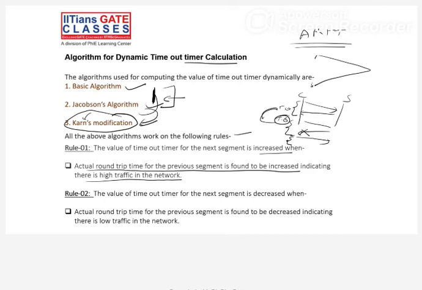Then there is the congestion control technique in traffic shaping, your leaky bucket and token bucket. These two techniques we will discuss. And that's the end of the transport layer. Security is not in the syllabus this time. And in the application layer, we will discuss DNS today, and the remaining protocols we will discuss later.